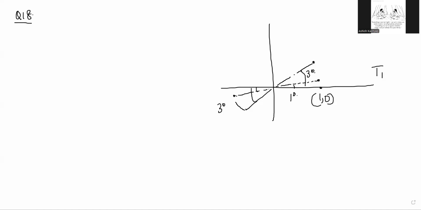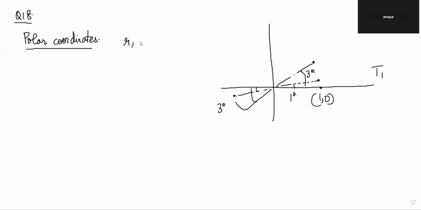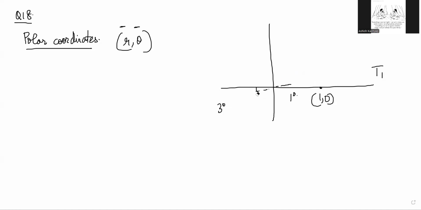One good way to do this would be to think of polar coordinates, because rotation and reflection is happening, so the distance from the origin will not change, right? Like what I'm saying is, if you represent any point as r comma theta, where theta was basically your angle with the positive x-axis,